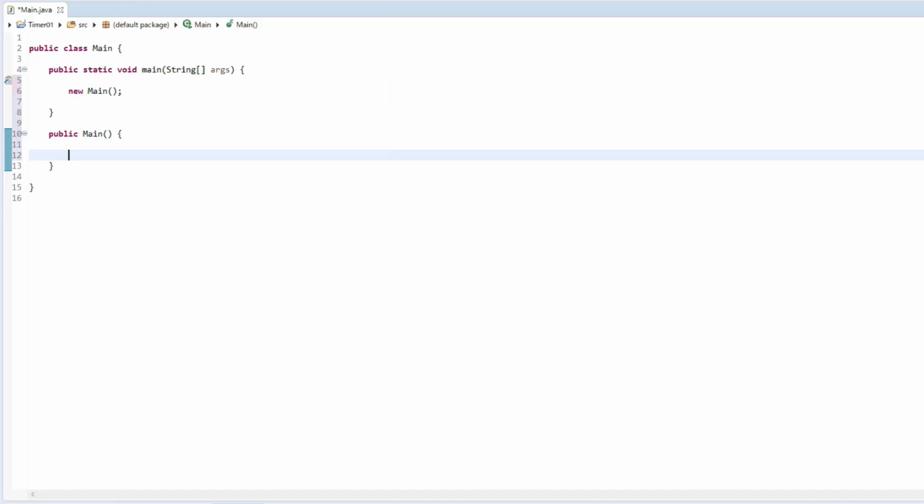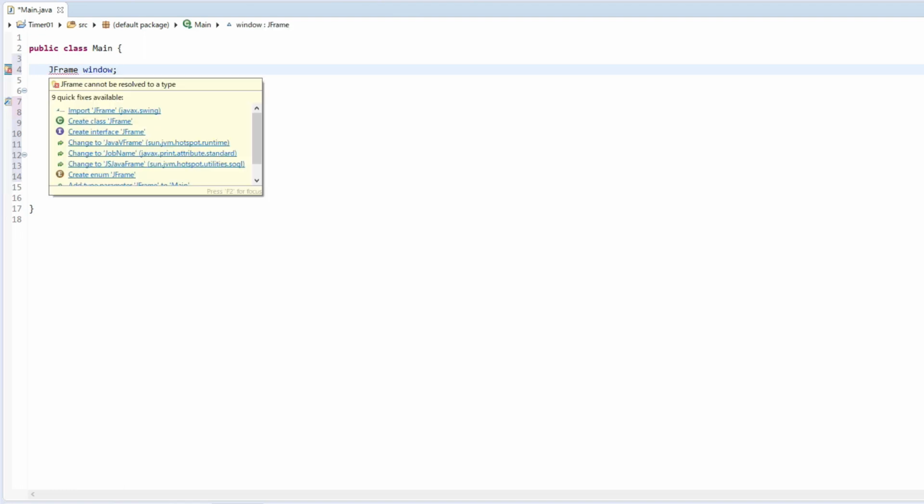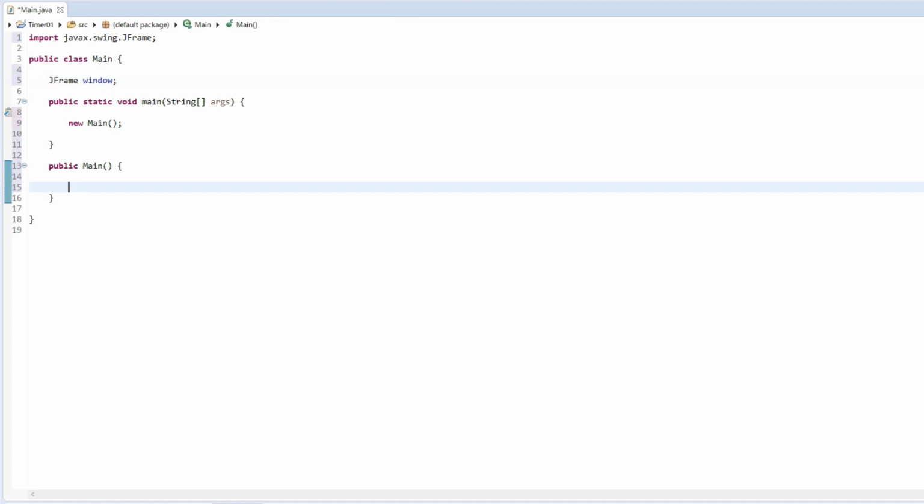This is basically a blank class yet. We just created this main class and initialized it. So let's start from here. First, let's make a window. We're going to use JFrame and name this window. Import JFrame, and initialize this window as a new